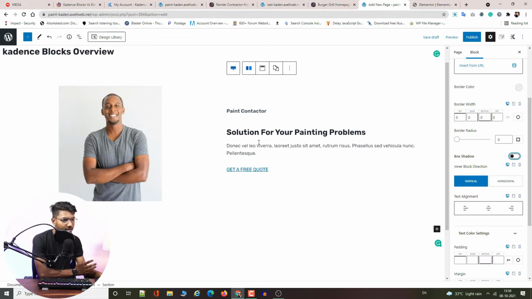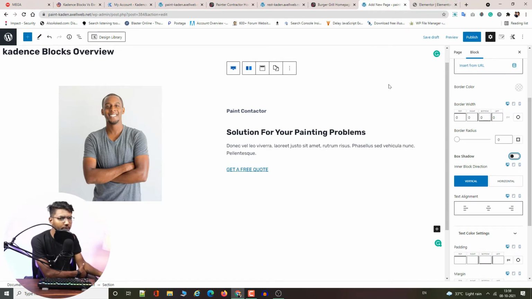So what is the conclusion of this particular overview? From here you can see that the designing experience of Cadence blocks is a little bit, not too much, on the harder side. If you haven't designed a site on WordPress, or you are not familiar with terminologies like padding, margin, text, headings, HTML format, and alignment, then it may be difficult to design things on page builders like Cadence blocks.